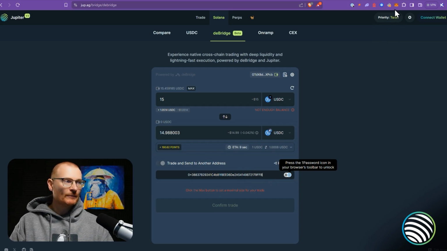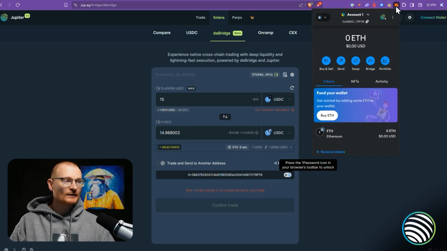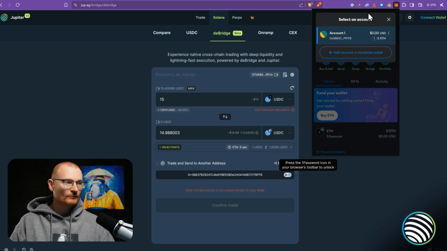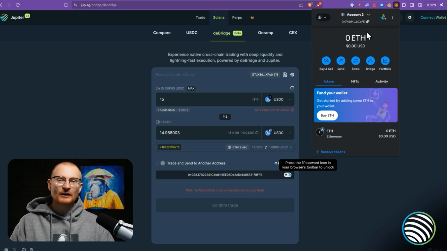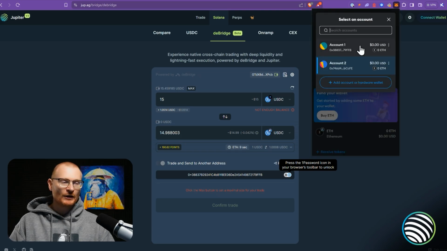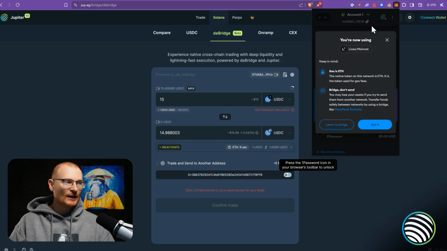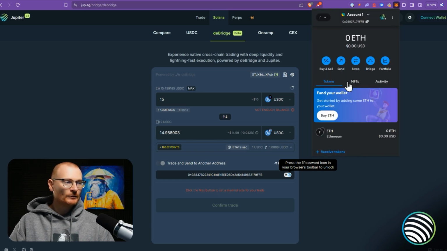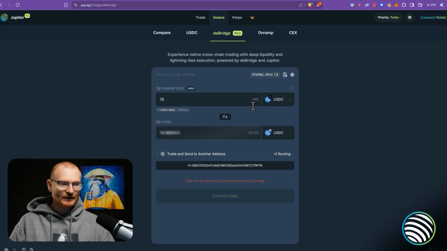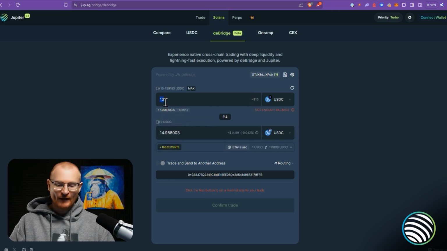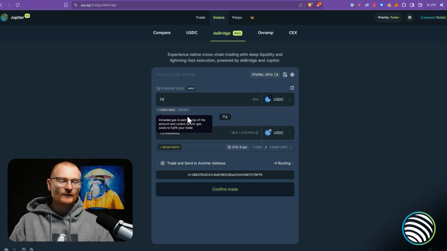If we go back to MetaMask, we can always go and create a second wallet address, go to account, add a new account, create, and this is generated from the same secret recovery phrase, but it is a different address. But for account number 1, doesn't matter which network we're on, it's always going to be the same address. So we'll go back to Arbitrum, and now I want to go and send this USDC. Now, because I have to pay a fee, I have to reduce this amount. So always factor in the fee. So $14, double check everything. We may begin some points.